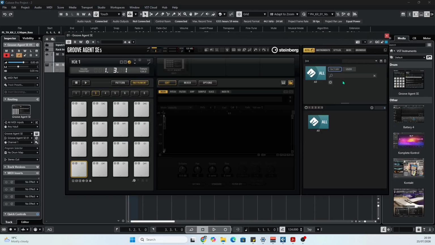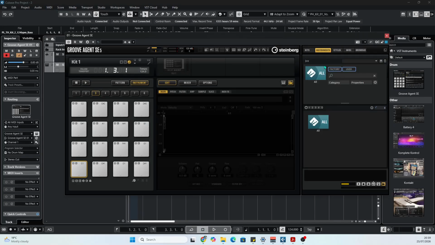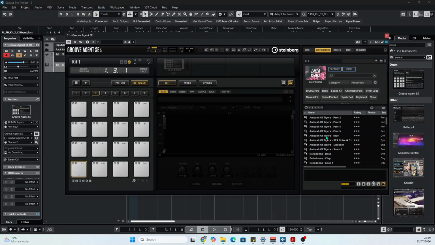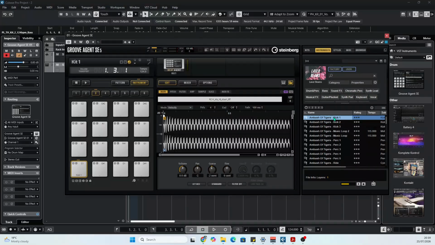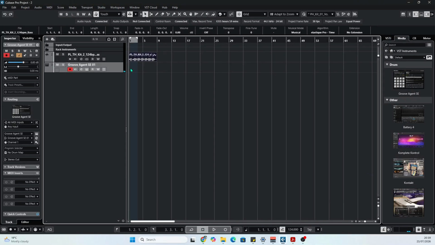Okay, so let's say I want to use this kick. What I can do, I can actually draw here now,